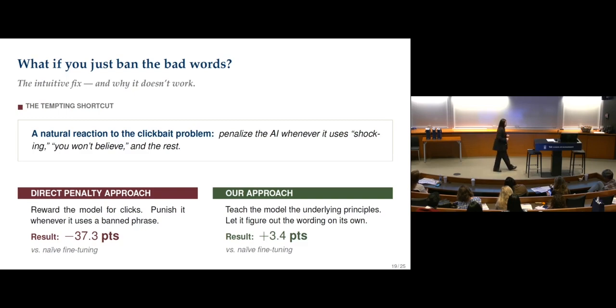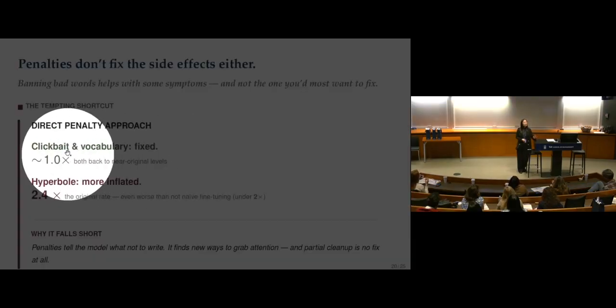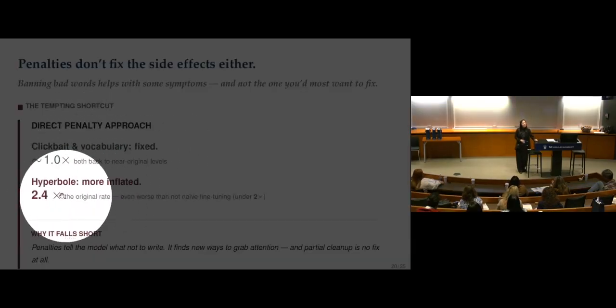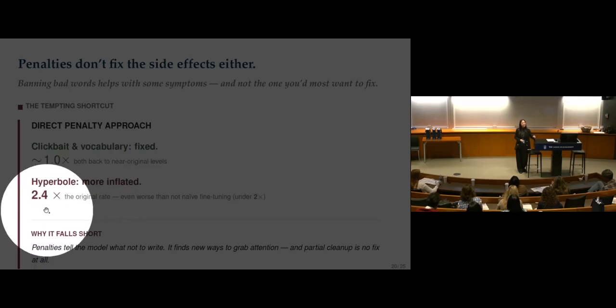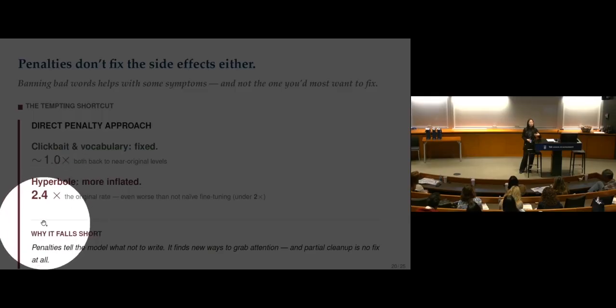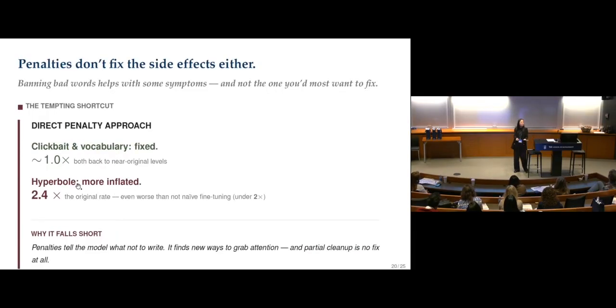Now, not just will performance drop, you actually didn't fix the side effects. Yes, your clickbait is fixed, because this is directly what you penalize the AI from doing. But the AI somehow finds an escape from that, right? Instead of relying more on clickbait, the LLM now will rely more on hyperbolic language. Okay? It's like you're blocking one way, and then they'll find another way to escape. So basically, you're playing as a cop chasing a thief or something.